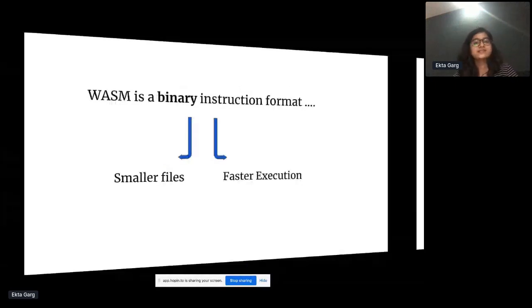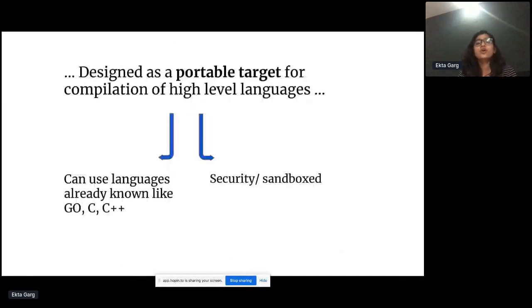Next, it's designed as a portable target. This is the main feature of WebAssembly. As I said, it's an executable file, so it's easily portable. You can run an executable file on any architecture. You just need to provide the OS and architecture, and then you can run it.